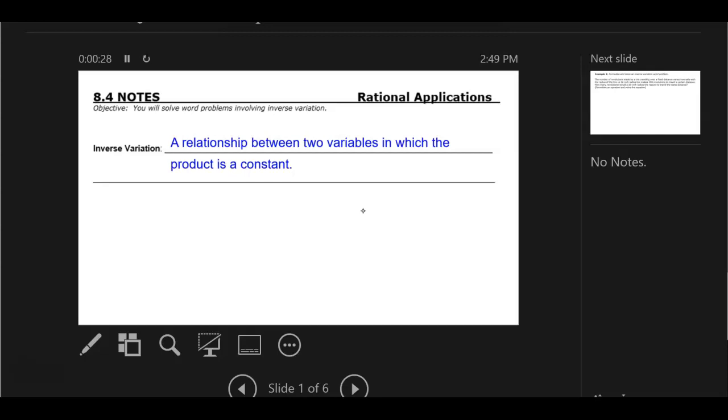It's a relationship between two variables in which the product is a constant. Do y'all know what product means? What it means in math class? Okay, it means multiplying. So when you multiply two things, two variables, you get a constant, which means just a regular number. So this is actually not too profound. This might even sound more complicated than it is, but I'm going to show you an example of it. And our favorite thing ever, word problems. Yay. All right. So first, everyone write this down,